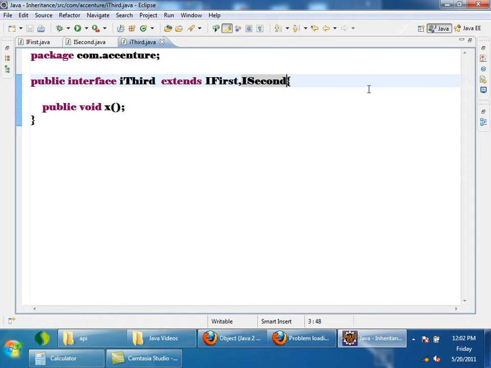Why? Can you tell me a reason why multiple inheritance of classes is not possible? Because the implementation can be there in a few classes. Okay. Yes. Very good. I'll put it in proper words. Let me put her things in proper words.